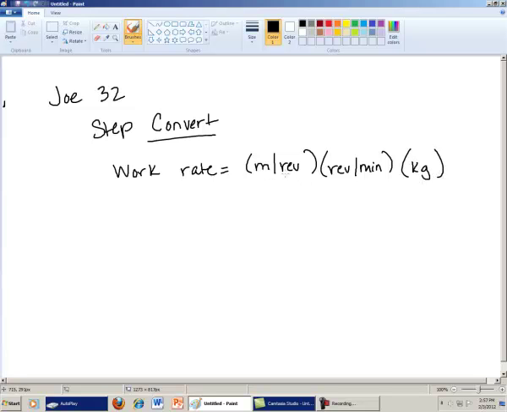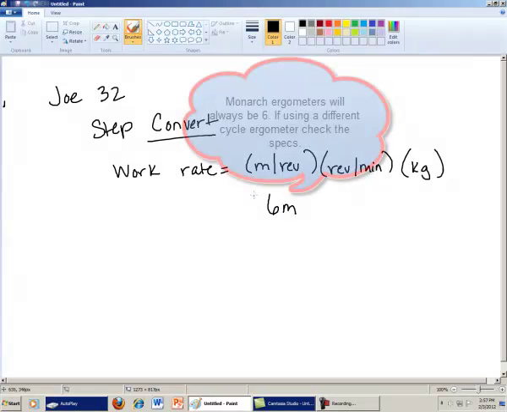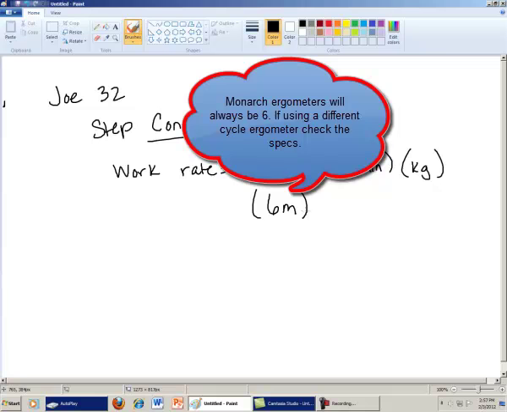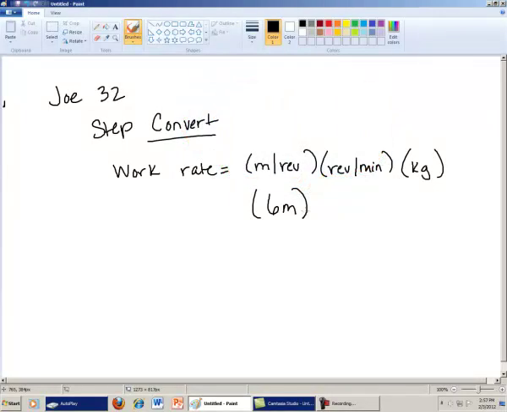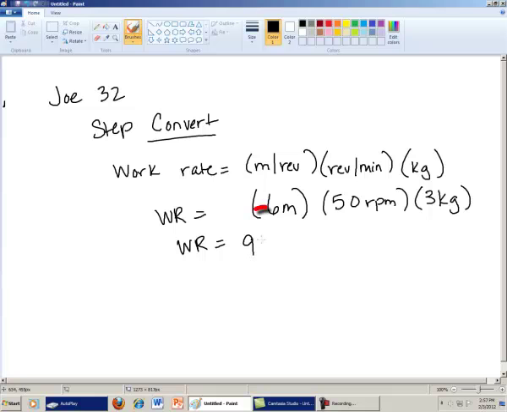Meters per revolution, if you're using a Monarch ergometer, it's always going to be 6. This is a given. And for purposes of this class, it's always going to be a Monarch ergometer. Revolutions per minute, that was given to us, and that was 50 RPMs. And then finally, the other part that was given to us was the load, which was 3 kilograms. So again, we're still looking at work rate. So if we do this math, just a little bit of multiplication, we're going to get 900